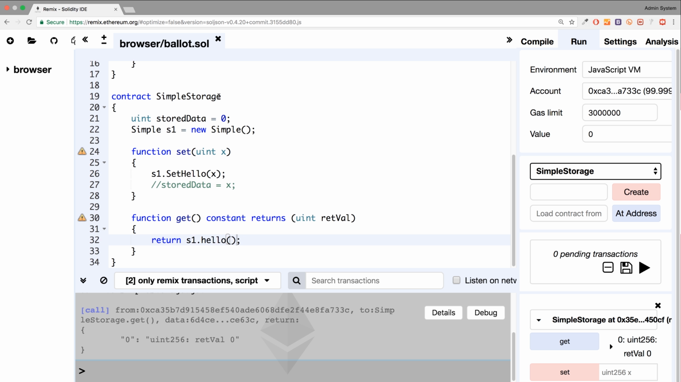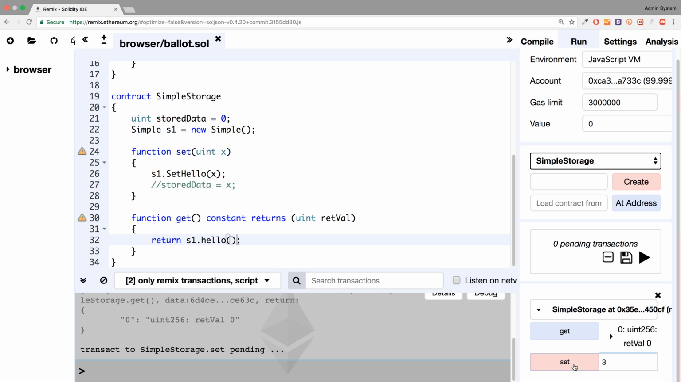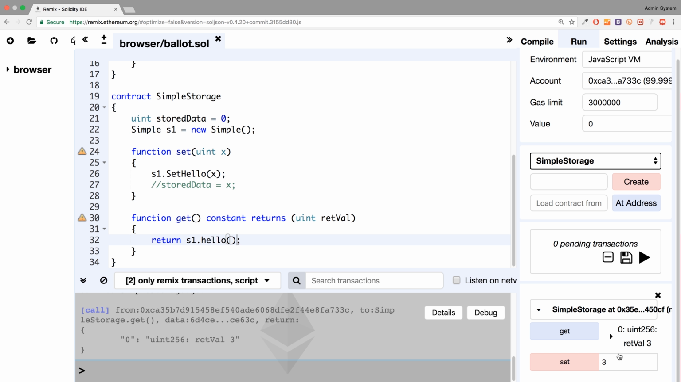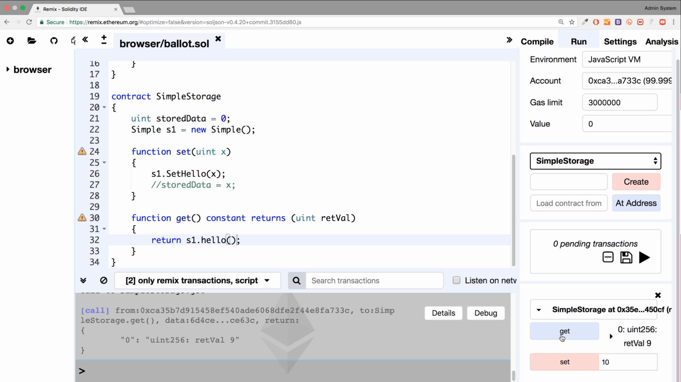That's standard. So if I were to put a value of, let's say 3, set, get, we get 3. That's cool. If I put a value of 9, set, get, we get 9 again. See what happens if we put a value of 10 now. Set, get. It hasn't changed the value, and the reason is in here when it calls the setHello method,